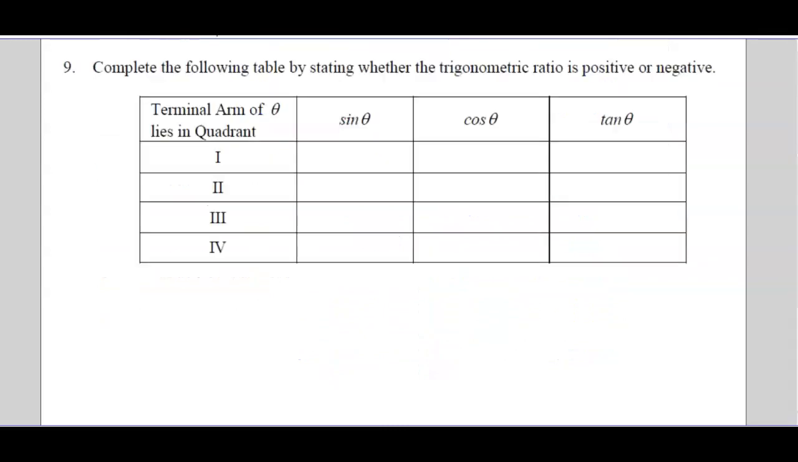Okay, so let's think about here. If the terminal arm lies in quadrant 1, what do we know about the sine ratio? So sine is y over the radius, the hypotenuse of that triangle, which is always positive. So in quadrant 1, if I do a quick sketch here,